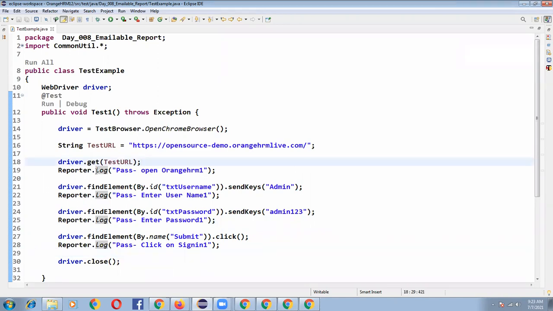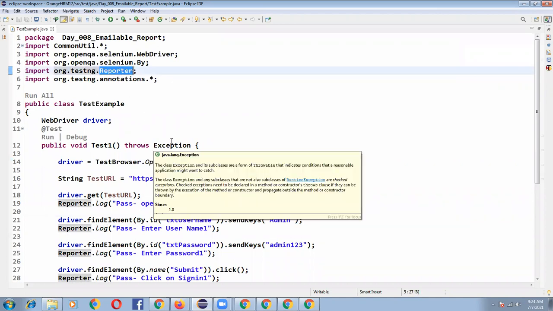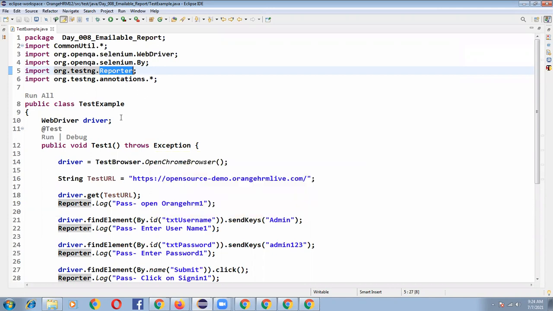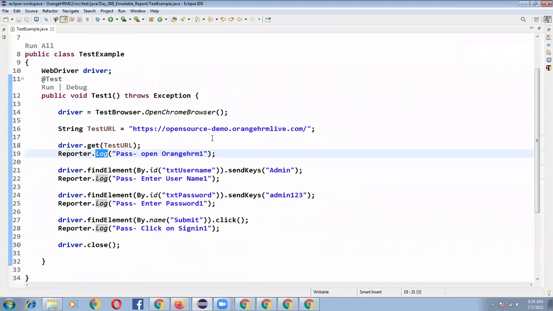And what is this Reporter.log? In TestNG, we have a predefined class called Reporter. For Reporter.log, it is class name dot method name. So is this log statement a static method or a non-static method?